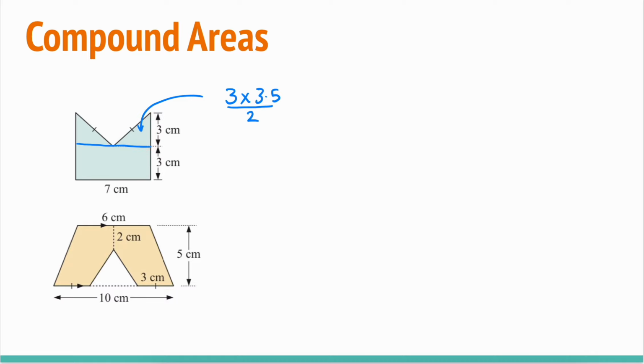So we said that the area of a triangle was base times height divided by 2. So that gives me 3 times 3.5. And then I need to divide that answer by 2 at the end. So 10.5 divided by 2. And that's going to give me a total of